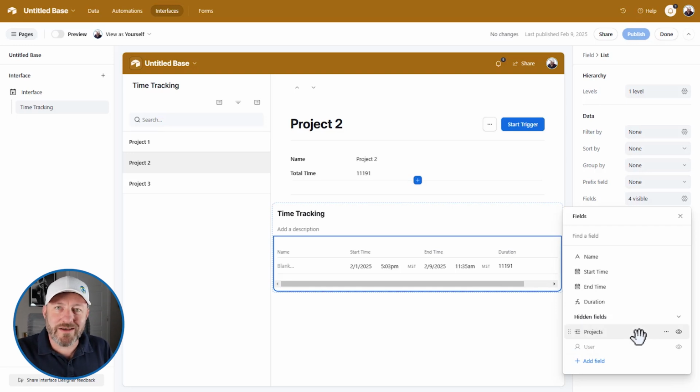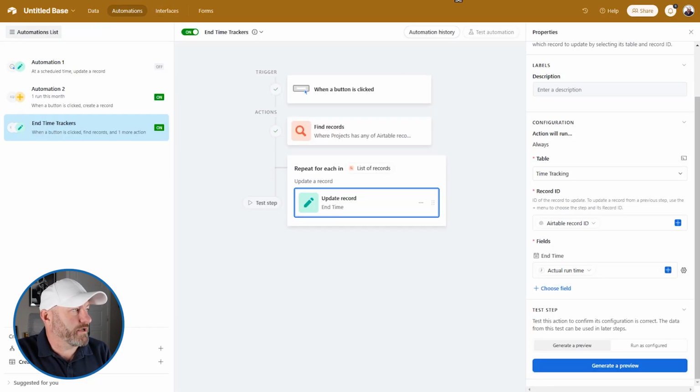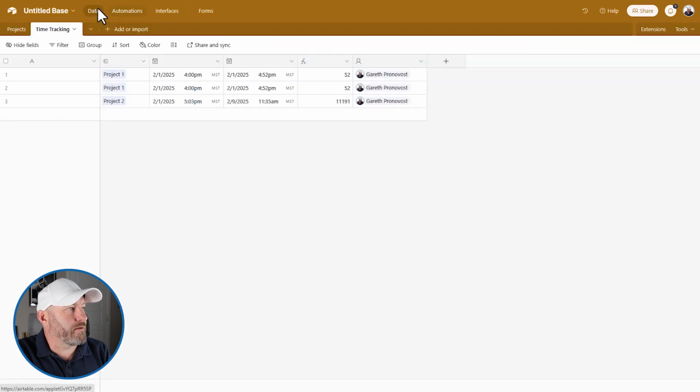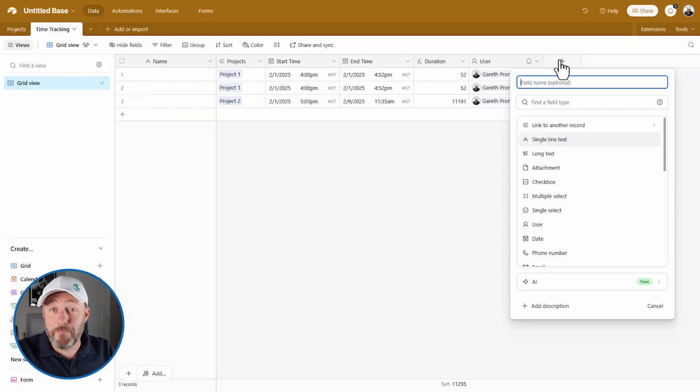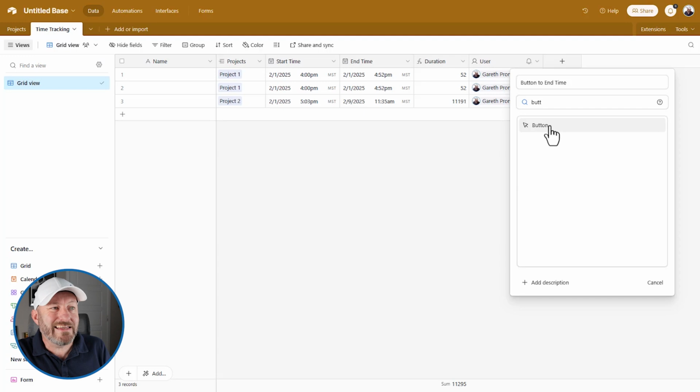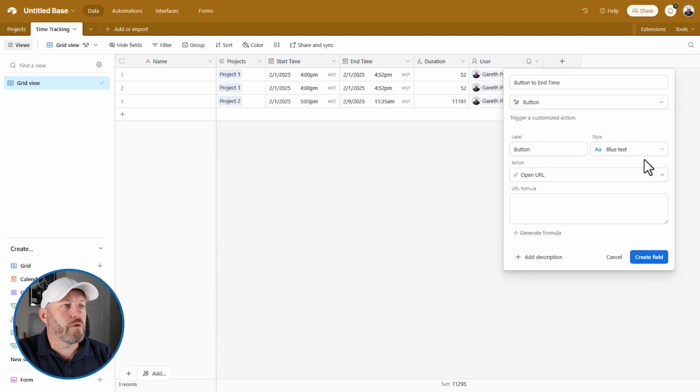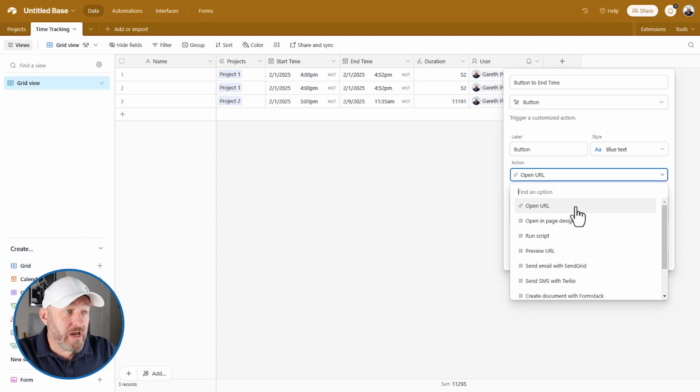Well, if we want to bring a button in line, we can actually create a button inside of our database. So let's flip back into the data really quickly. I'll go back here to my automations and go into my data, and we'll add a button field here. I'll call it button to end time. There is a button field type available in Airtable, and right here we can choose some sort of action for this button. We can open a URL, we can open a page designer,